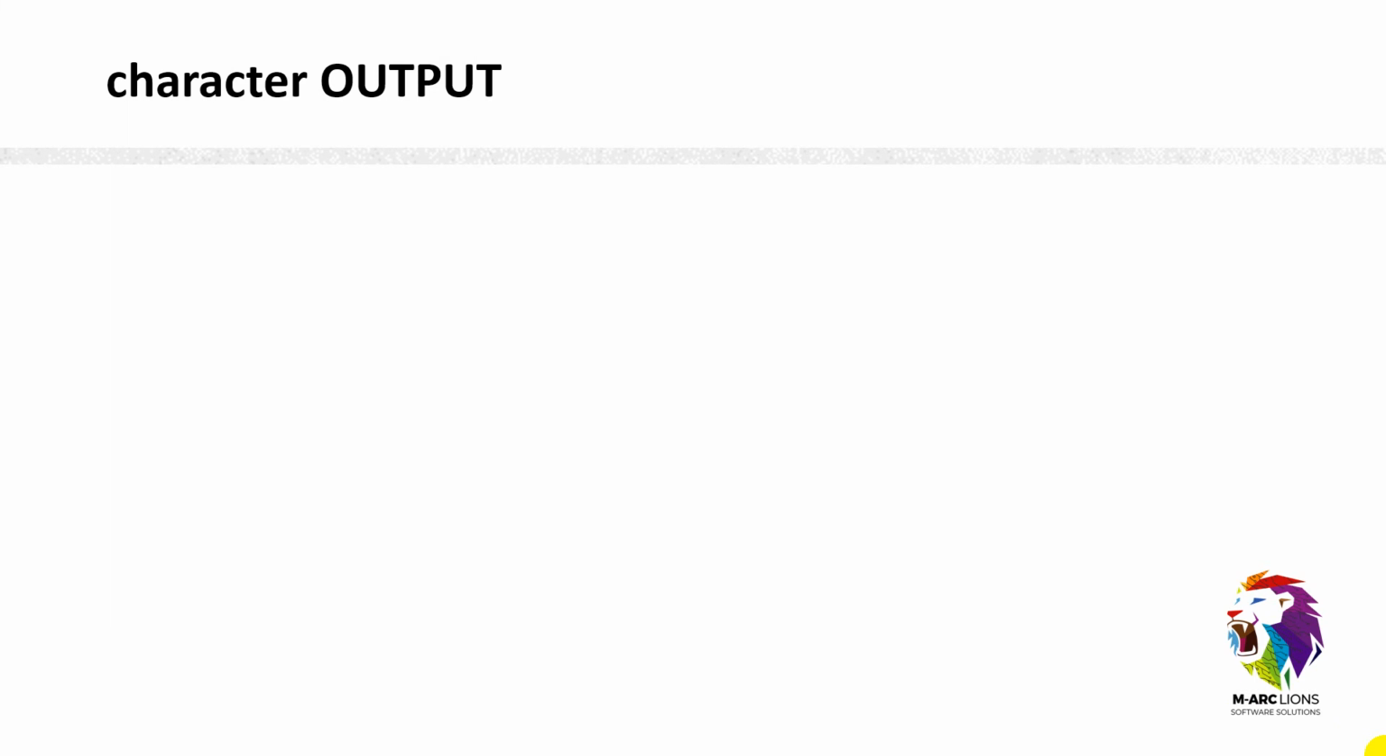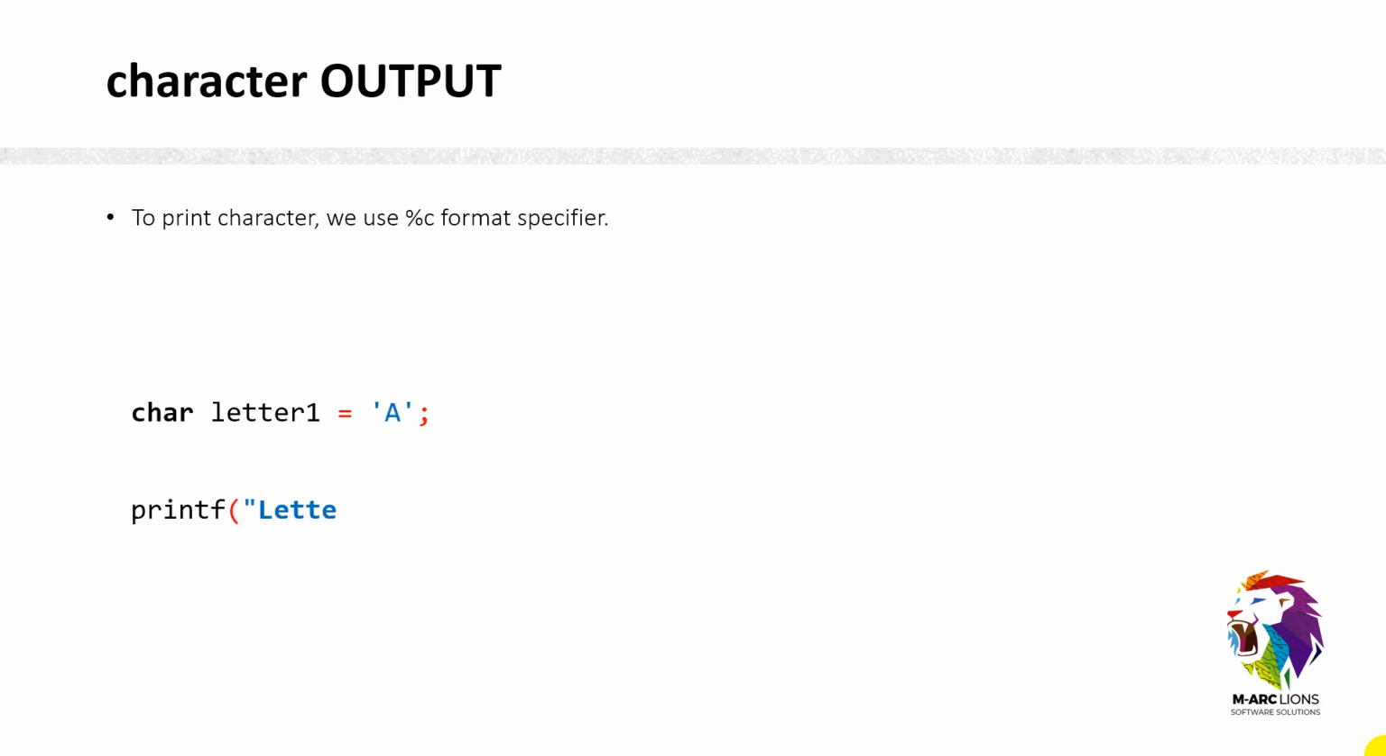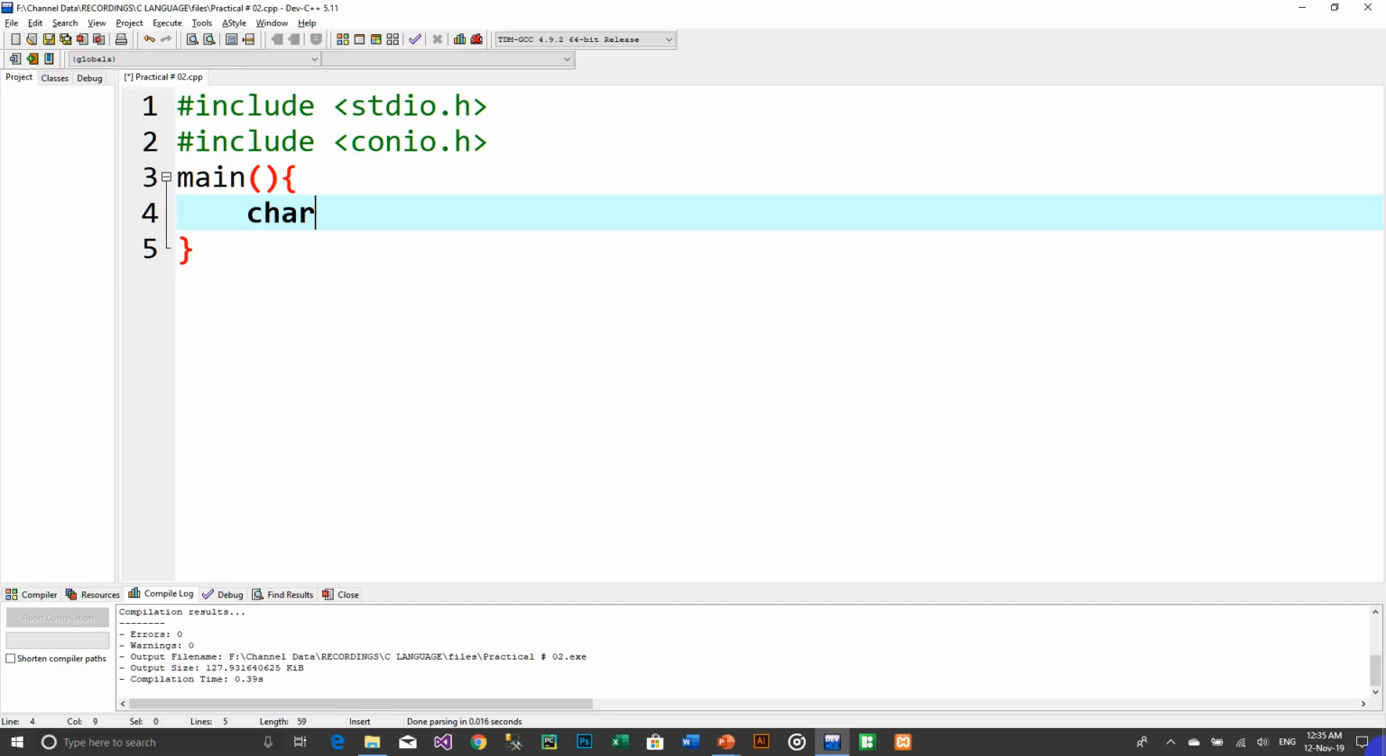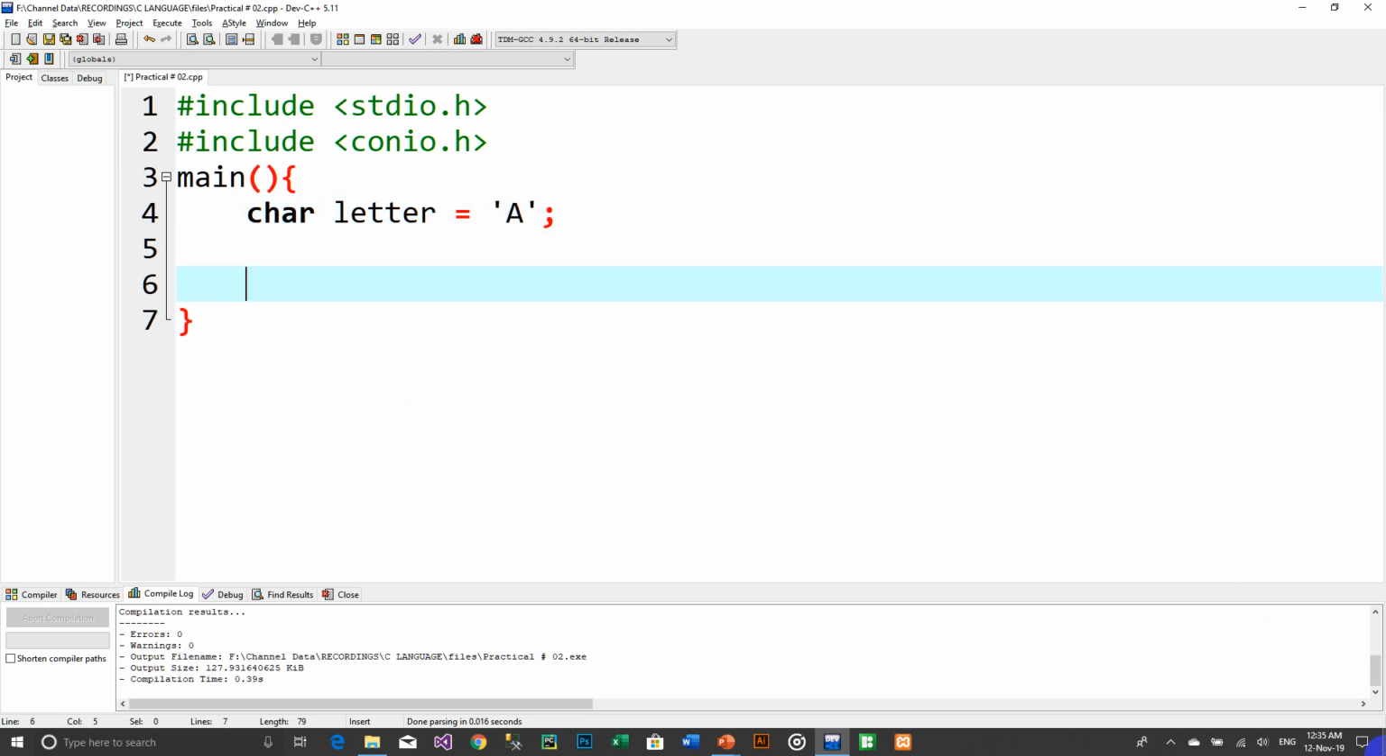The next one is character output. To print a character, we use the %c format specifier, and the type is char. I'm going to use letter 1 equal to a, and printf letter 1 is equal to %c. I have a demo of it as well. I'm declaring a variable, char letter, equal to a in single quotation. Make sure you use single quotation, and then in the printf statement